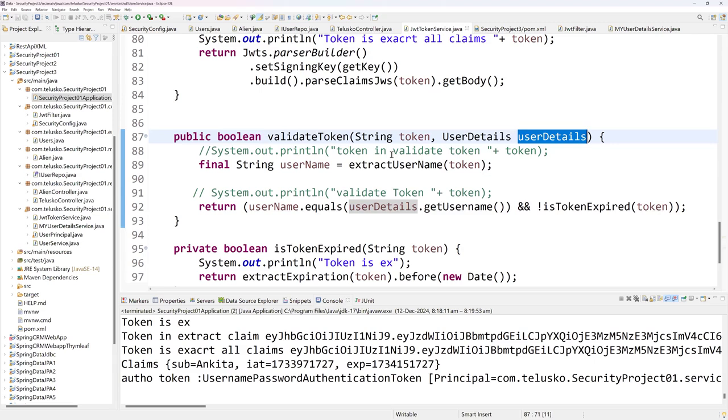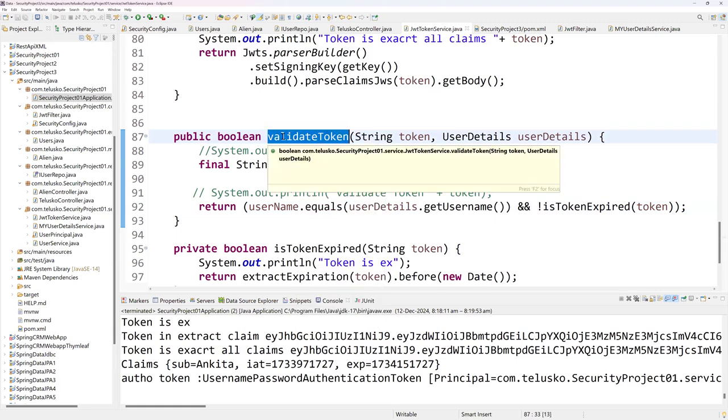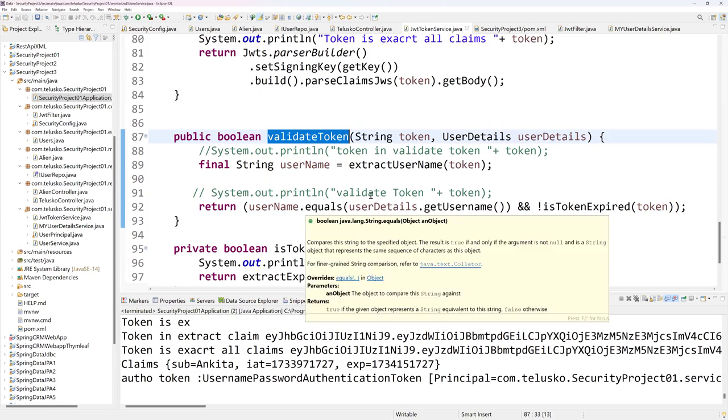All right. Now, from the token, I'm extracting the username once again. And from the user details also, I'm extracting the name. So whatever name is there in the database, whatever name is there in the token, if both of them are correct, I am authenticating. User details dot get name, to validate the token, whether the token is right or not,